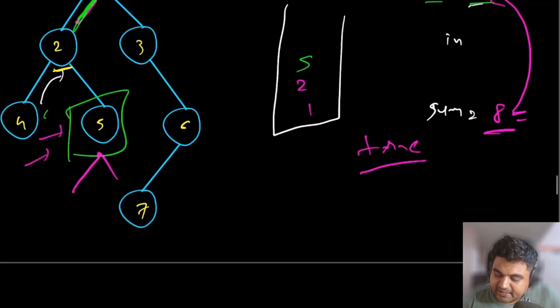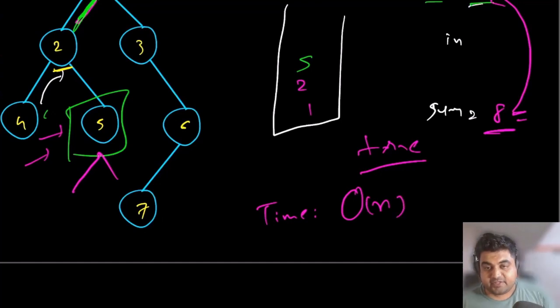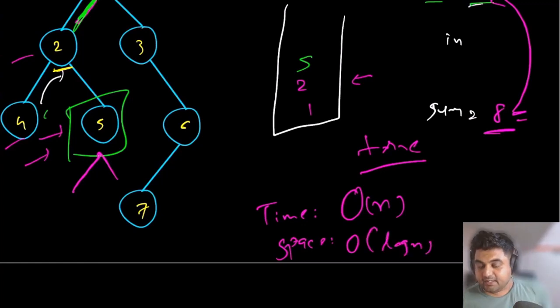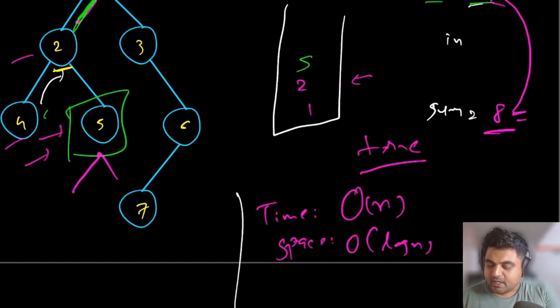If we look at time complexity, it is directly correlated with the number of nodes present. So we can mark it as big O of n, because for DFS we don't need to do anything else. In terms of space complexity, because we are using an additional stack, we will have to account for it. But in the stack, at any given position, we are going to have at max the depth of a binary tree elements. So it is going to be big O of log n, not big O of n. And if you say that this is log n, your interviewer is going to be really impressed, because he thinks that you have really good knowledge of data structures and algorithms, which is true and which is awesome.